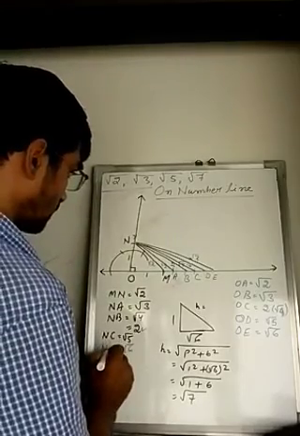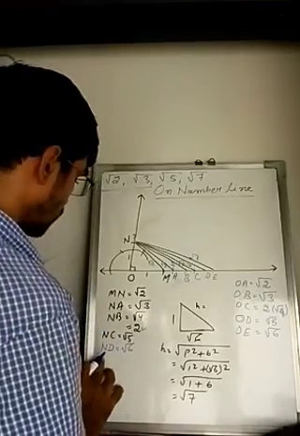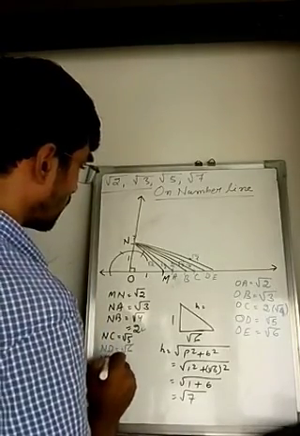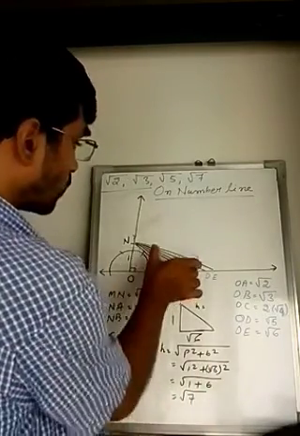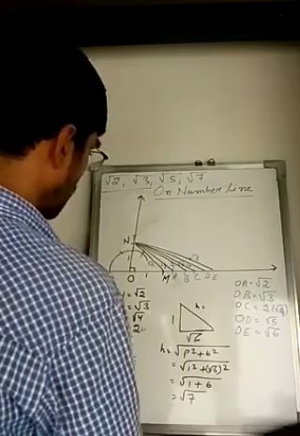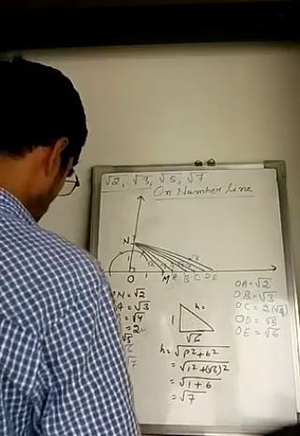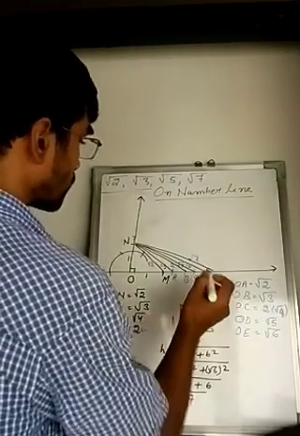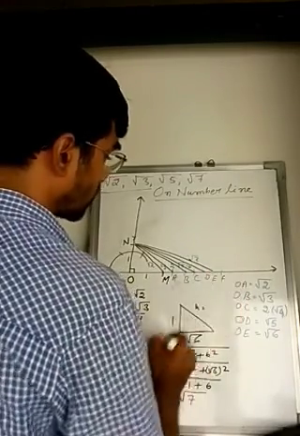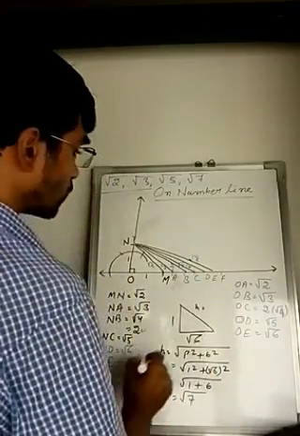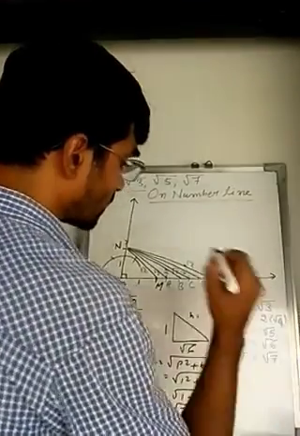So I will write here NE. This one will be ND. Right? ND equals root 6. Then here NE equals root 7. So the same NE I have to cut on the number line itself. With the help of a compass we can take NE and from O to F we can cut root 7. So root 7 can be copied from O. So this one will be F. So here I can write OF equals root 7.